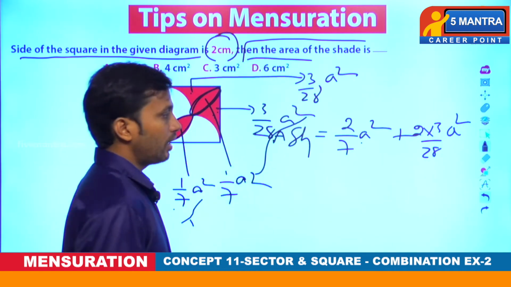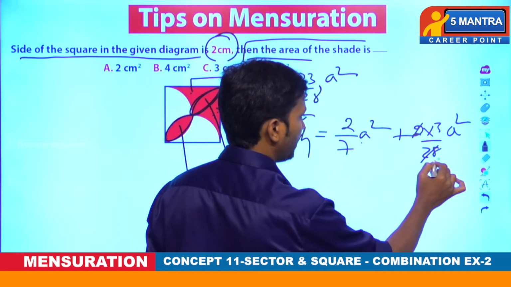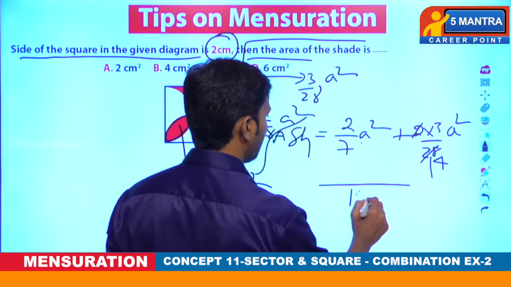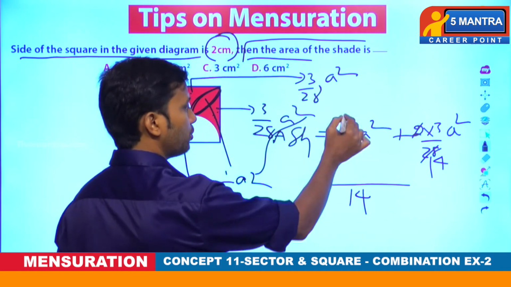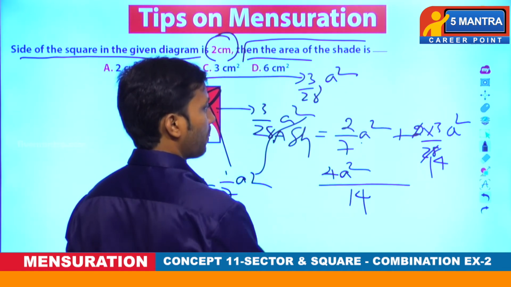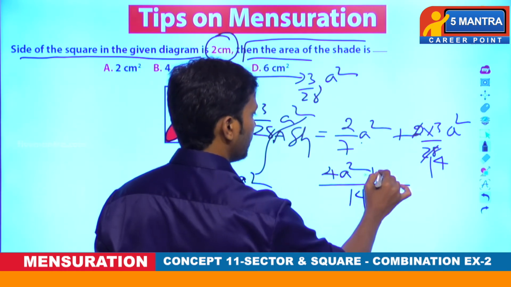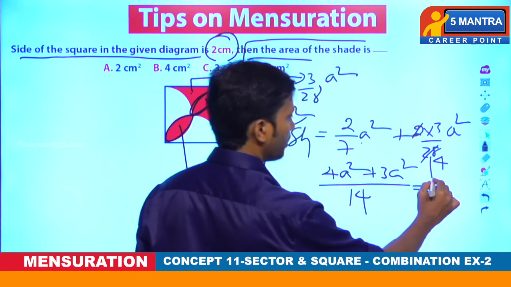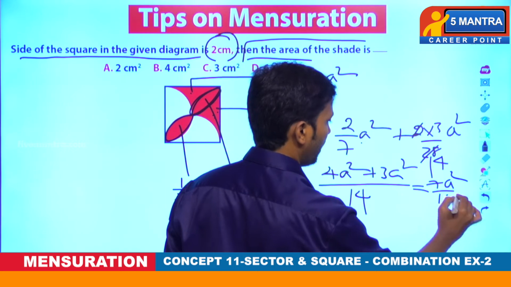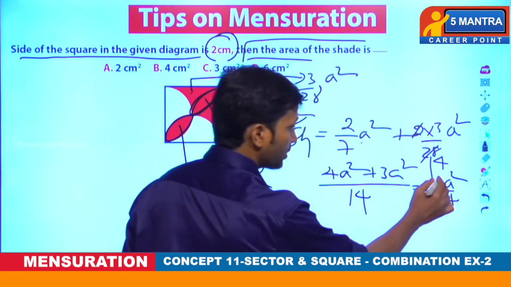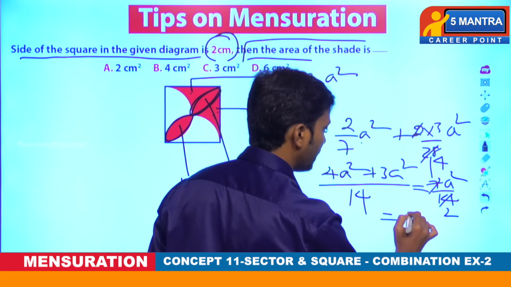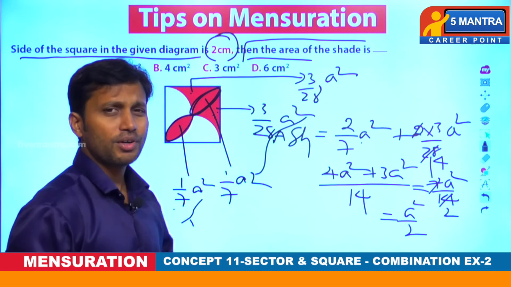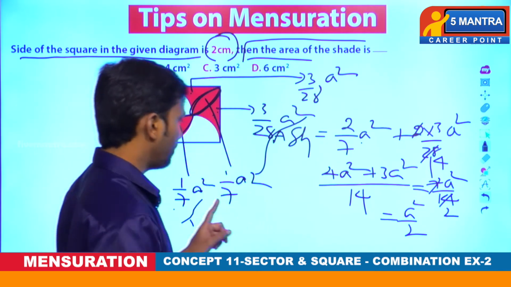Now on simplifying, this is 3 by 14, or not? 2 fourteens are 28. Now if you take the LCM, what would be the LCM? 14. 7 twos are 14, and 2 twos are 4 a square, and 14 ones are 14, 1 into 3 a square, that would be how much? 7 a square by 14, or not? 7 a square by 14. Now 7 ones are 7, 7 twos are 14, that is how much? A square by 2. Here don't substitute the value in the beginning because the problem becomes clumsy. Here the value of A is given.